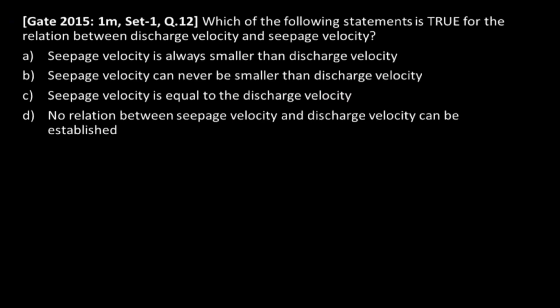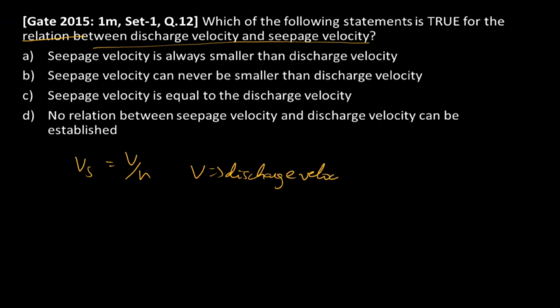In this question, they have asked us to find out the relation between discharge velocity and seepage velocity. So if you see, the equation of seepage velocity is equal to V by N, where V is the discharge velocity and Vs is the seepage velocity. So N equal to